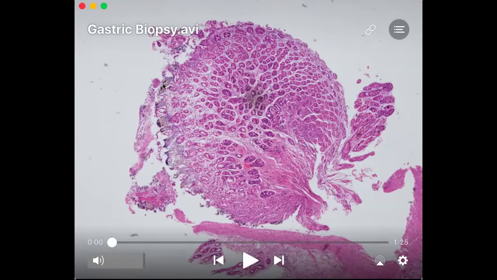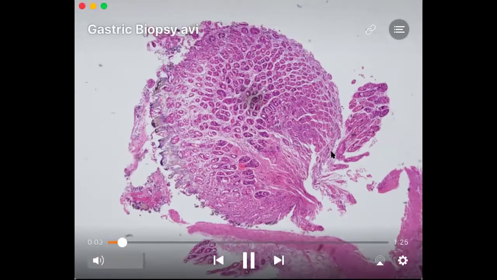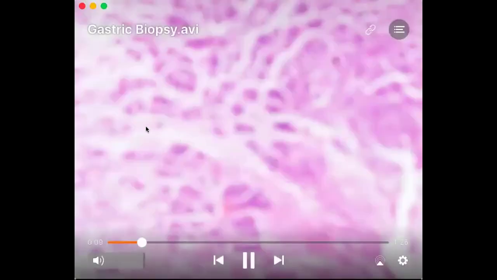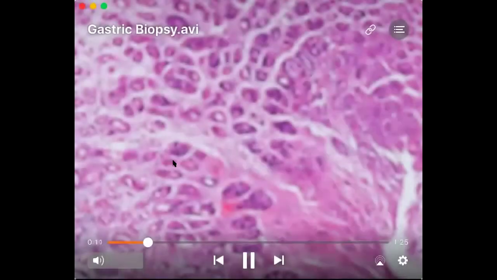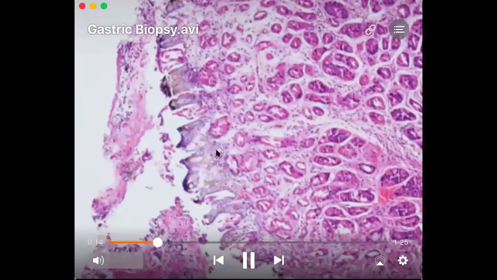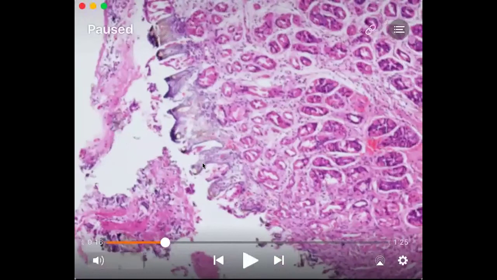So in this area where we could see some irregularity on the surface, the mucosal epithelium is denuded, and this is likely a biopsy from the gastric body because we could see the closely packed glands. Now, going on to the high part, we could make out that yes, these are the gastric glands which we were seeing. Then on the surface, we could see these areas where there is mucosal denudation,